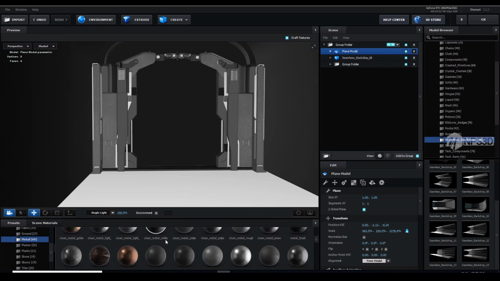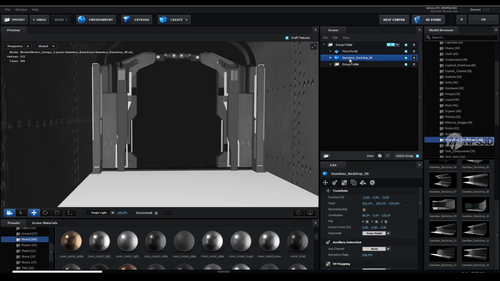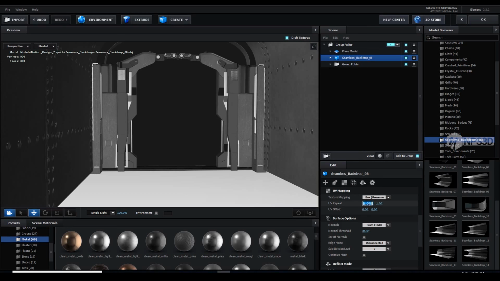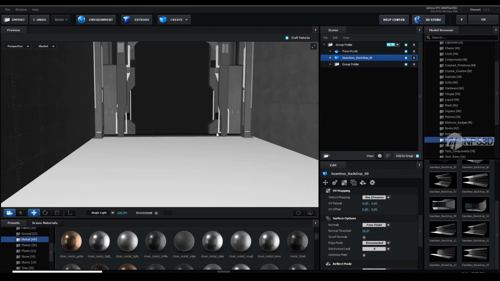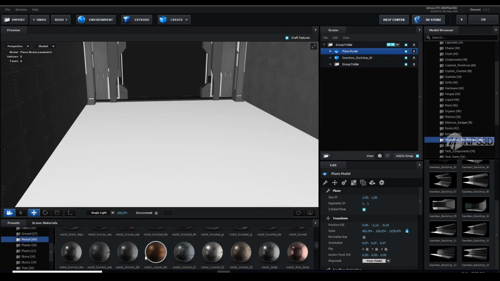Metal option and apply a material onto the wall. Select the seamless backdrop, go to the UV mapping and change it to the box repeat and apply 4x4. Select the plane material, plane model and apply